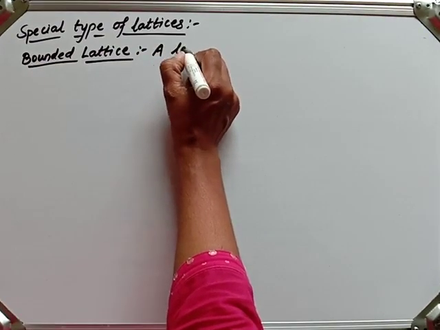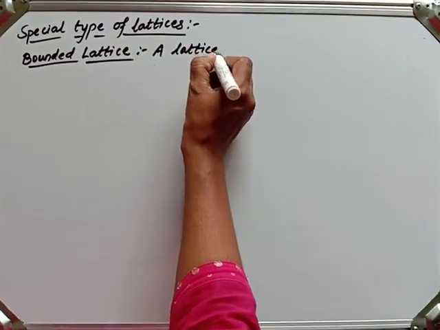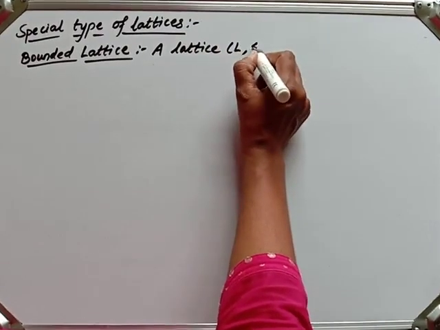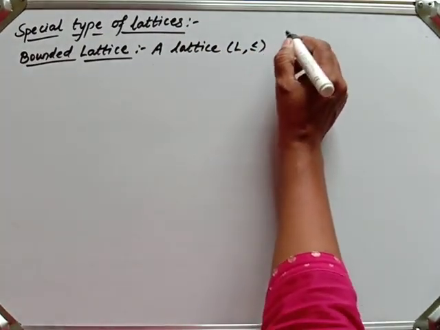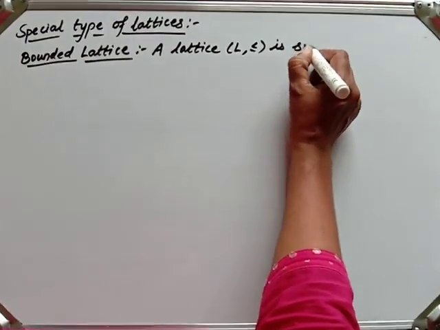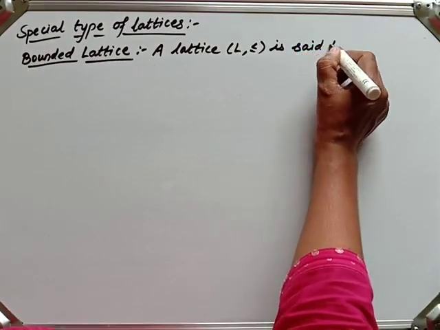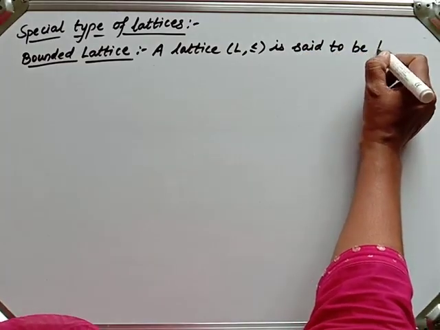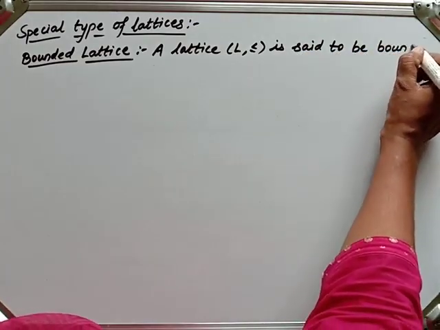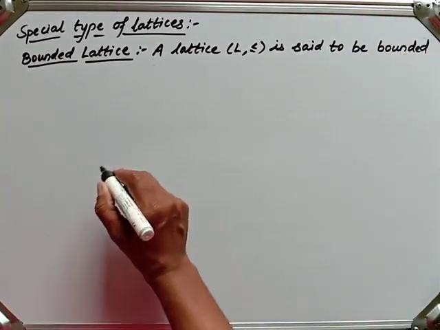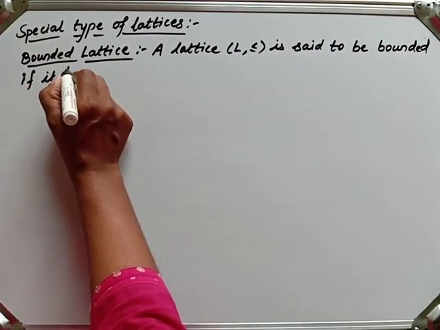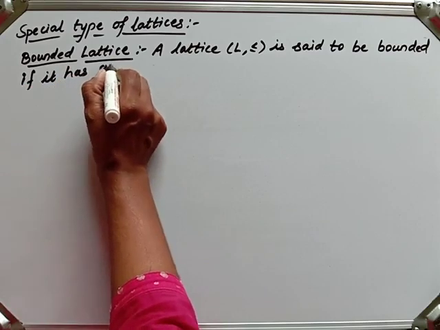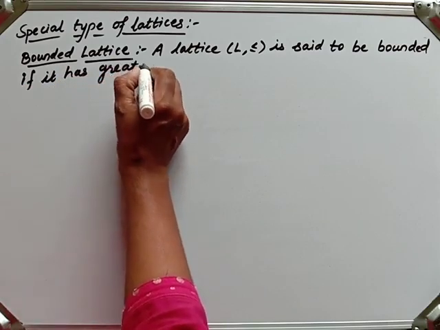A lattice L with this poset relation is said to be bounded if it has a greatest element,